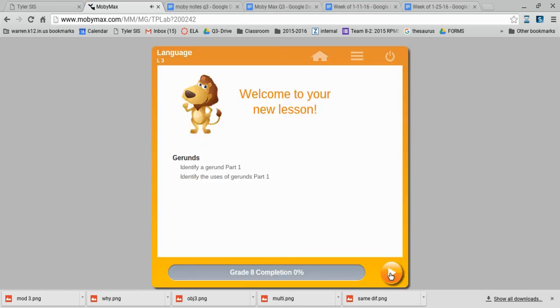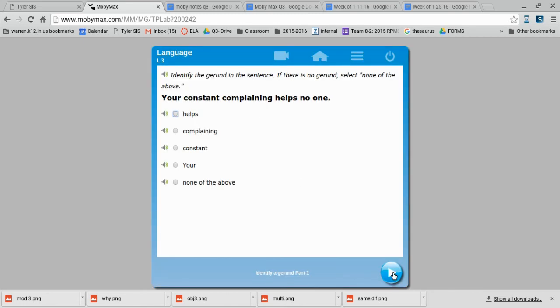Okay, so I know the blue. So we're doing gerunds. They're going to see what I know about gerunds. Identify the gerund in the sentence. If there is no gerund, select none of the above. Your constant complaining helps no one. Okay, I know what a gerund is, but if you don't, then if you get it wrong, let's see, they